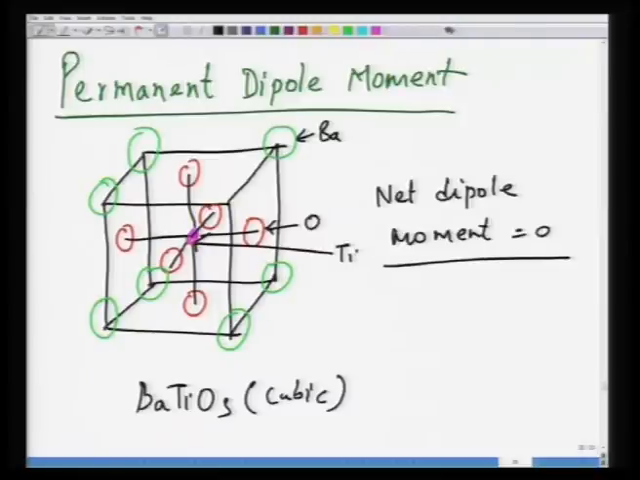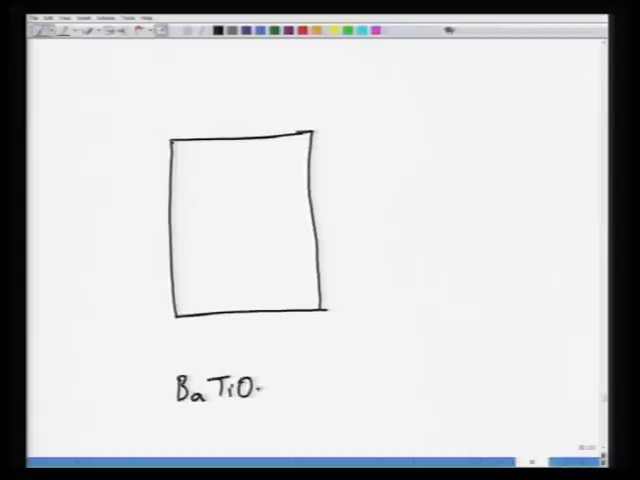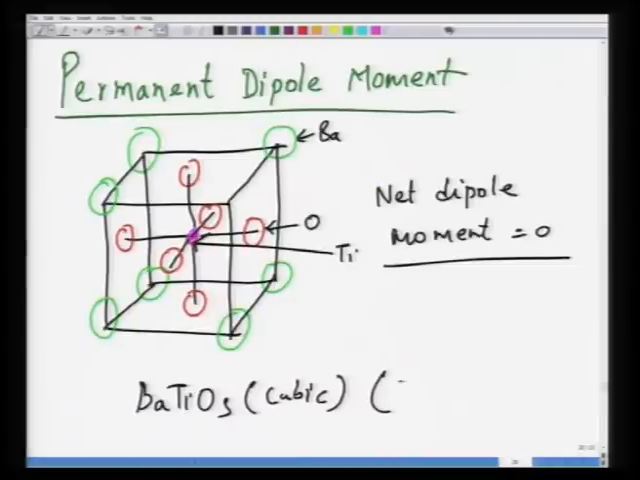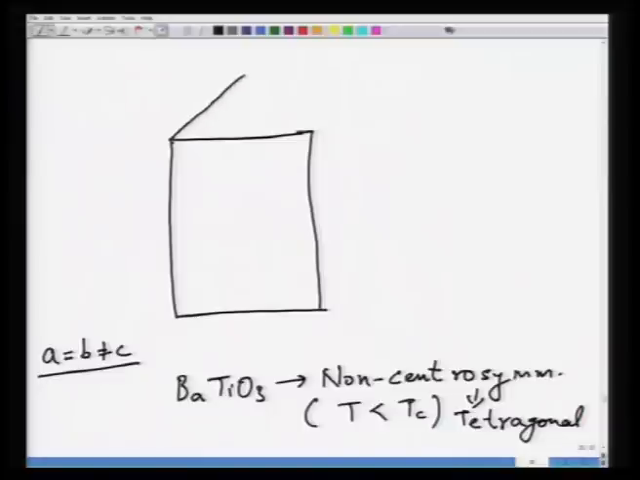Now, when the material becomes non-centrosymmetric, so now if I draw a non-centrosymmetric state, the material becomes tetragonal. So, BaTiO3 non-centrosymmetric, and this will happen at temperature T less than Tc. In the previous case it was T greater than Tc, and in this case it would happen at T less than Tc. This happens when the material is tetragonal, and in the tetragonal form a is equal to b is not equal to c, and alpha, beta, gamma remain equal to 90 degrees. So, if I draw the unit cell now,